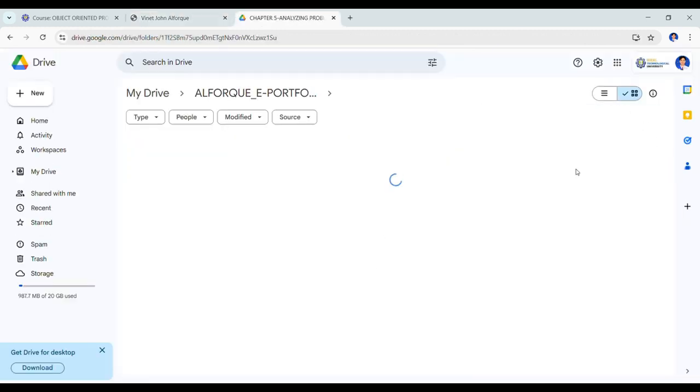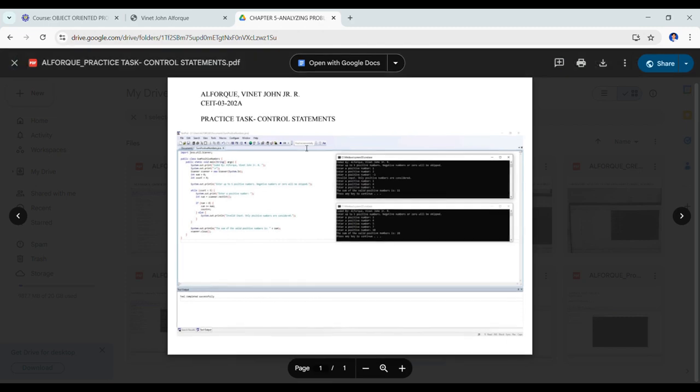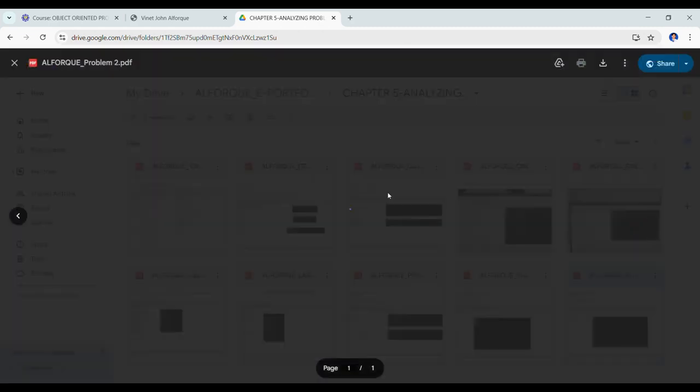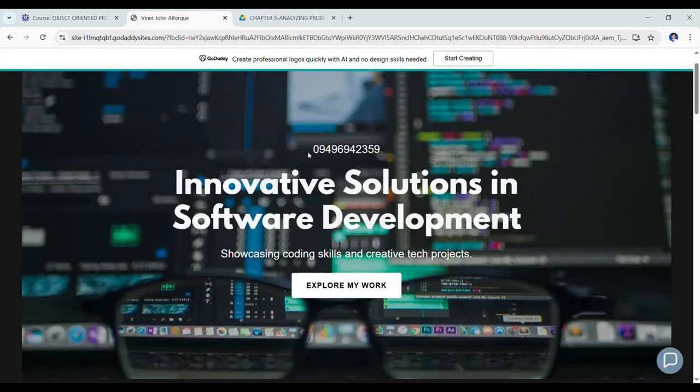Secondly, I learned how these objects work together in an order form, showing how different parts of a system are connected. Thirdly, I practiced using if-then-else statements in the elevator activity, which improved my logic and decision-making skills in programming. In conclusion, these activities made me more confident in applying object-oriented concepts to solve problems.